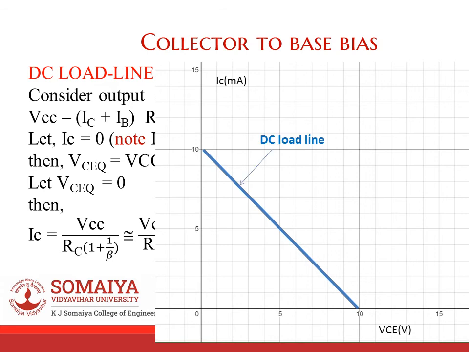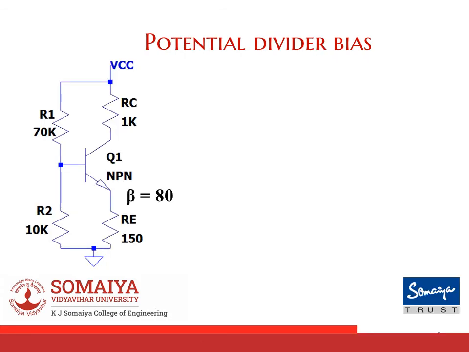Once you've got a DC load line, you can have your characteristics drawn on that DC load line to get the Q point. Move on to the most famous kind of biasing technique used, which is potential divider bias or voltage divider bias. Here, biasing is provided by R1 and R2, and hence the name potential divider or voltage divider biasing. To analyze this circuit, we will be finding out Thevenin's equivalent of R1, R2. So let's move ahead. We'll be finding out Thevenin's equivalent voltage and Thevenin's equivalent resistance.